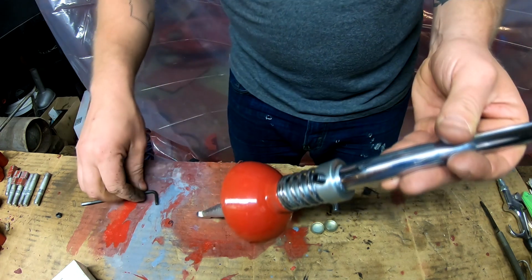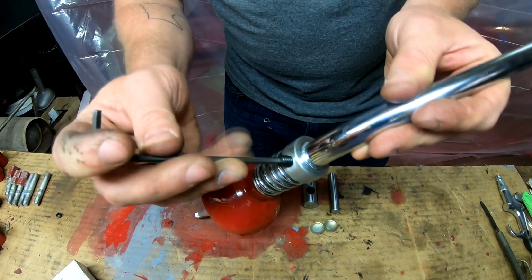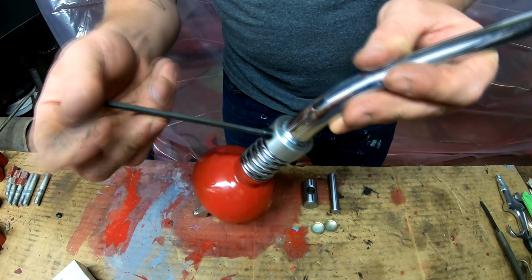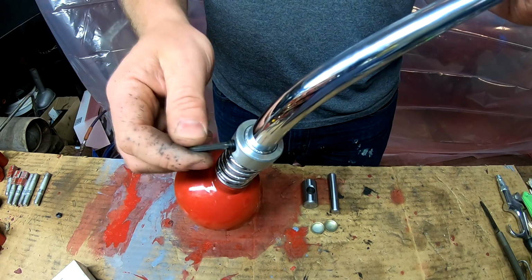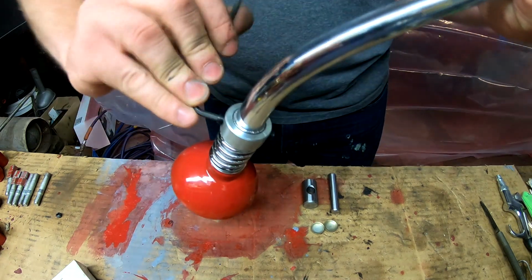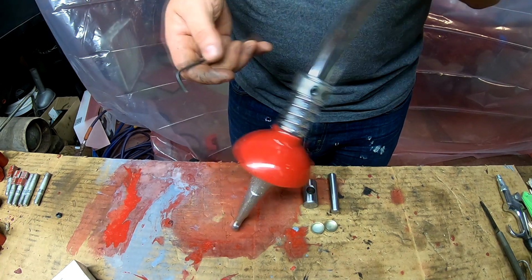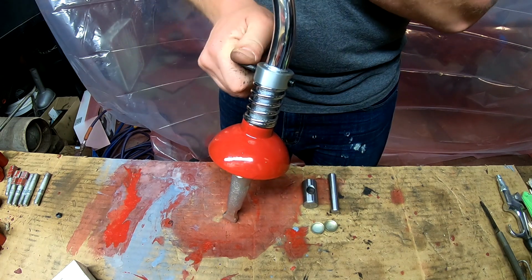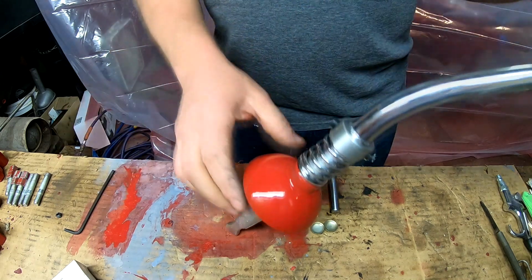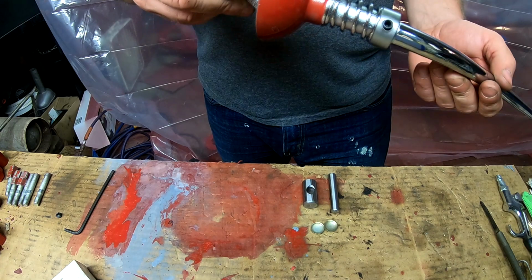Now this is the first time that I've actually put this together, so I'm hoping everything works. So far, so good. Just like that. So that's the top half. Now the bottom half